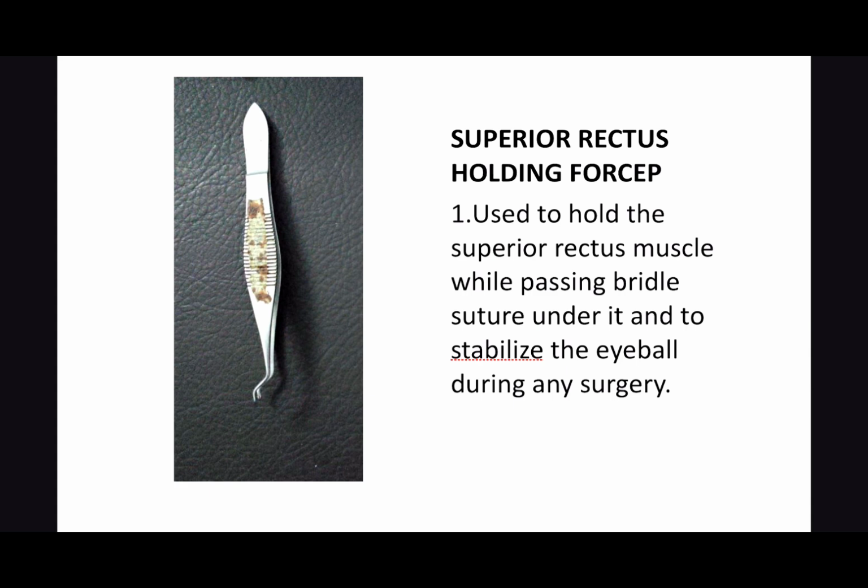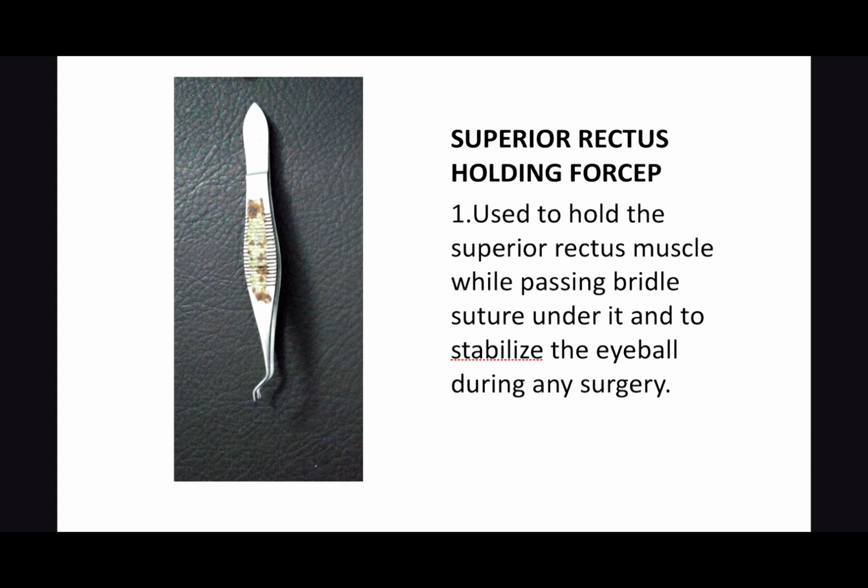This is the superior rectus holding forceps. It is a type of tooth forceps. It is big in size and has two teeth on each side. It is used to hold the superior rectus muscle while passing the bridle suture under it and to stabilize the eyeball